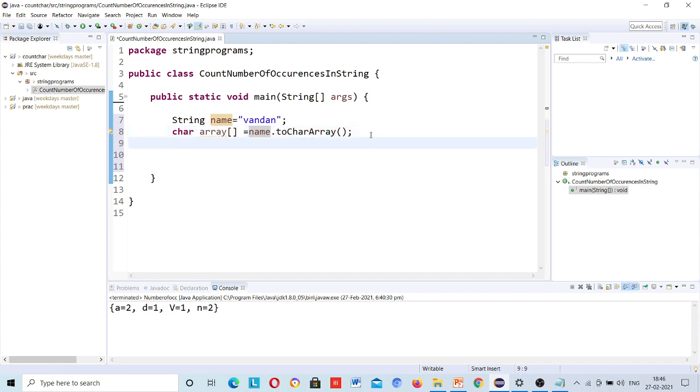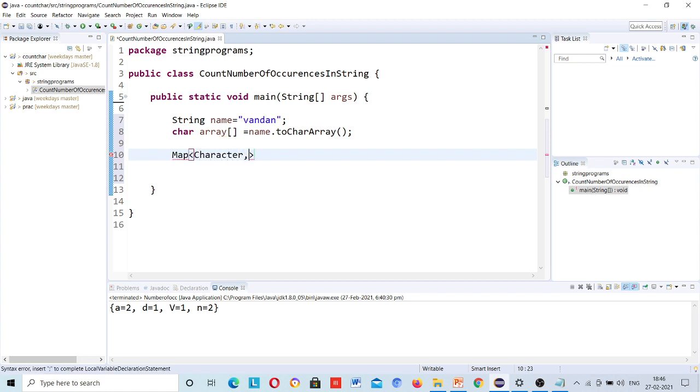After that I will declare a map, a map of character comma integer. I will come to this point also. New HashMap of character comma integer.